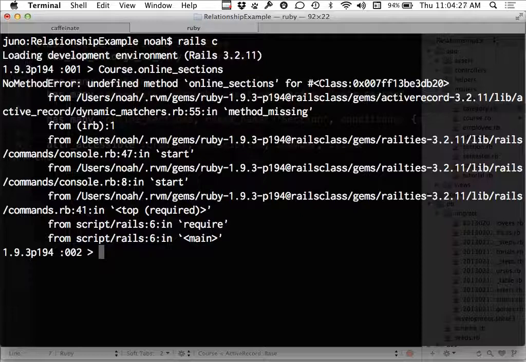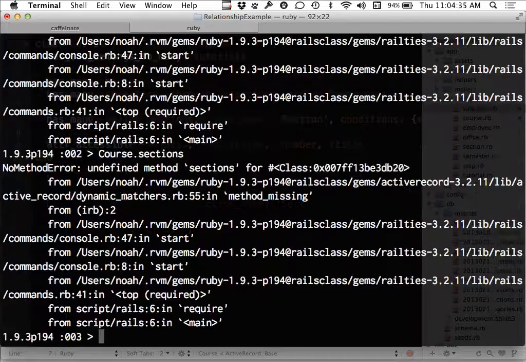Right? I'm just saying course in general. I'm not telling it online sections of which course specifically. It's like if I just said course.sections, I get the exact same error. And we know that part was working fine from before. The trick is I was treating it like it was a class method, essentially. I was thinking that that was something that I could call directly from the class,